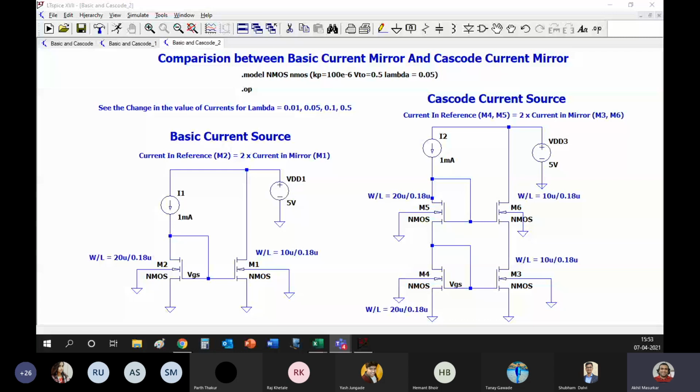So when voltage swing is not of that much concern, we can go for cascode current mirrors. But if voltage swing is a primary parameter, you want high voltage swings, then we have to restrict ourselves to basic current mirrors only and do away with high area. So that is basically the findings of this experiment. So I am done from my side. If there are any doubts, you can unmute yourself and ask.